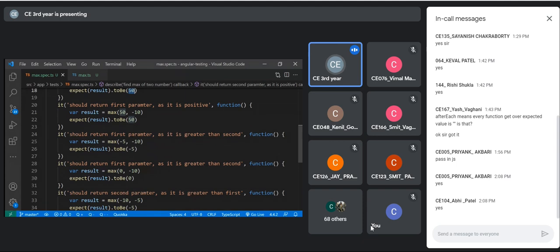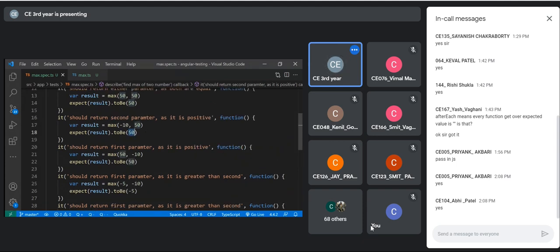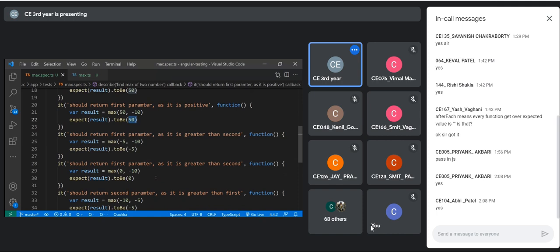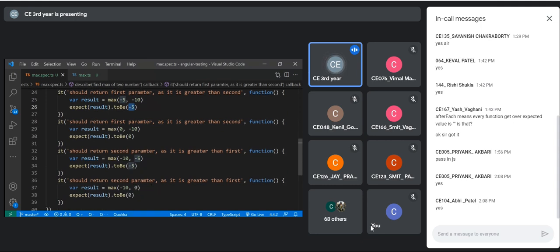Similarly, in another test case the first parameter is positive and the second is negative. Once again, the result is the positive one. If both numbers are negative, we expect the larger of the two. And we also need to check the case where either number is 0 and the other is negative.